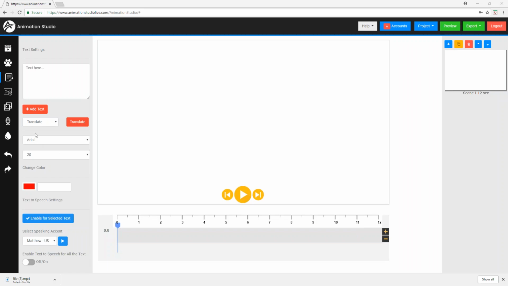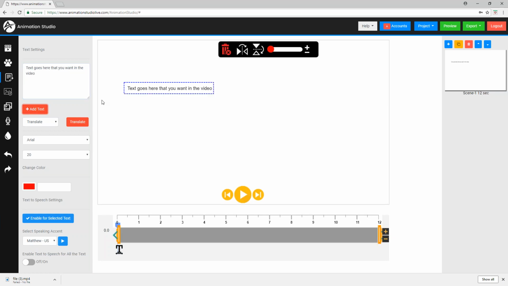In this lesson, I want to teach you about adding text to your videos within Animation Studio. This icon here will allow you to reach the text toolbar. To add text, simply type it into this box, and then you click on Add Text to put it into your video. Now this is the text tool at its basic,